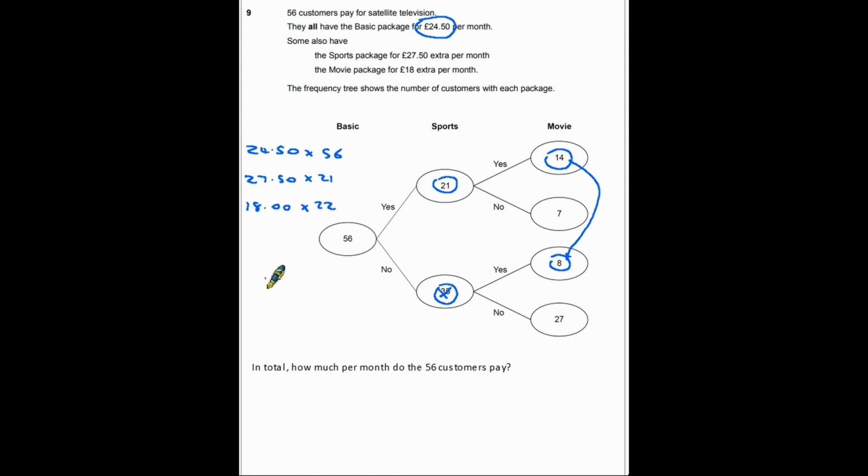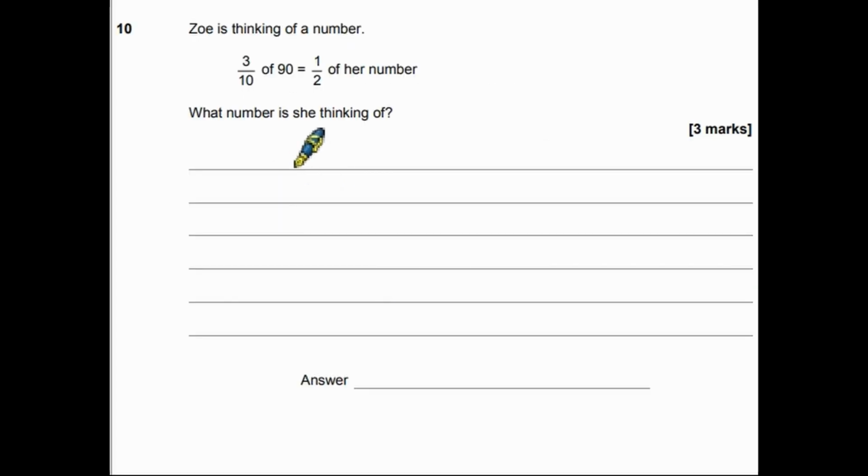So the total for the first calculation is 1,372. For the second calculation is £577.50, and the third calculation is £396. And if we add them together, our final answer is £2,345.50. Question 10. Zoe is thinking of a number, and we are told that 3/10 of 90 is equal to